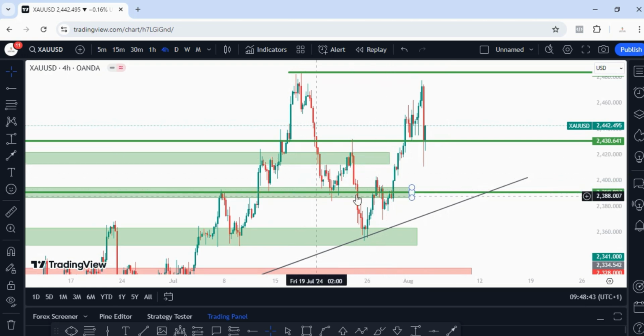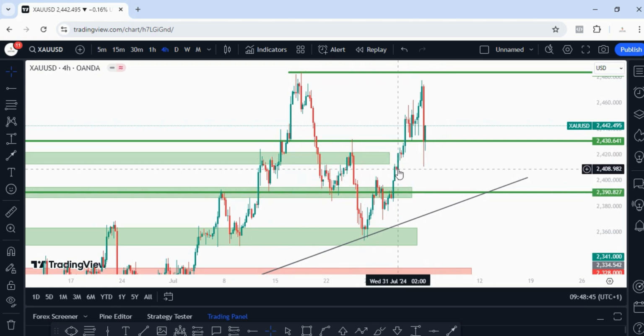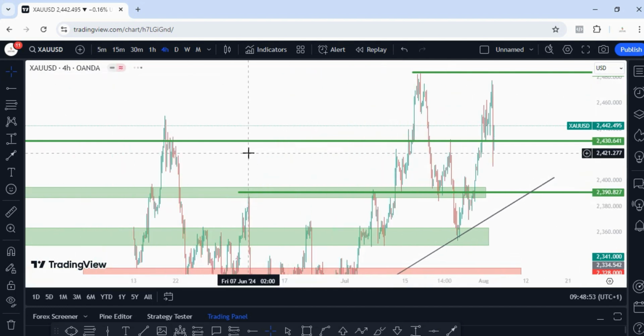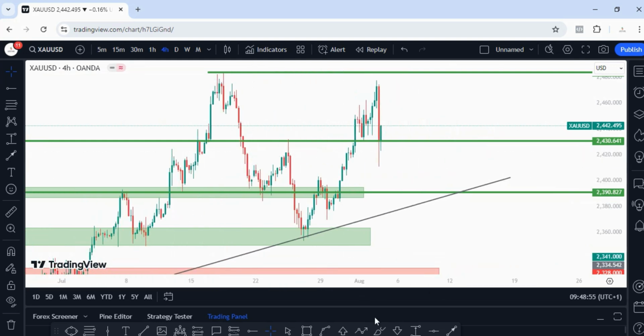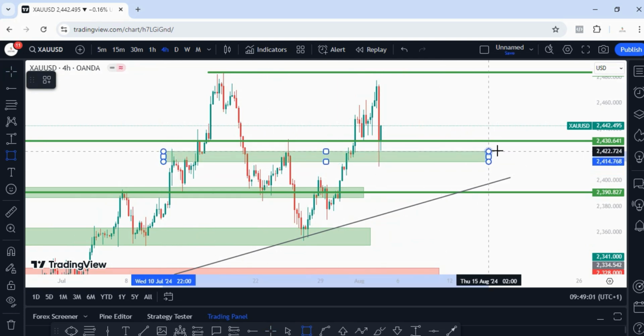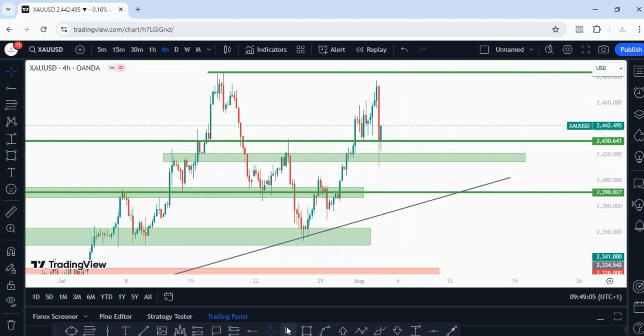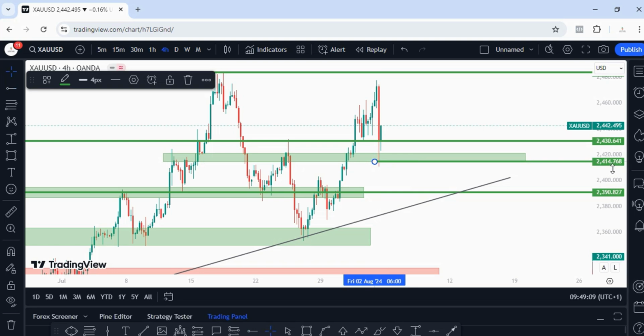However, should price continue dropping to the downside, I like to give bullish and bearish scenarios. The bearish scenario is not likely going to happen, but still we shouldn't rule anything out of the market, right? So for a bearish scenario, I'd like to see price break below this area. It's going to be a short move to the downside. So I'd like to see price break below this area here, which is around